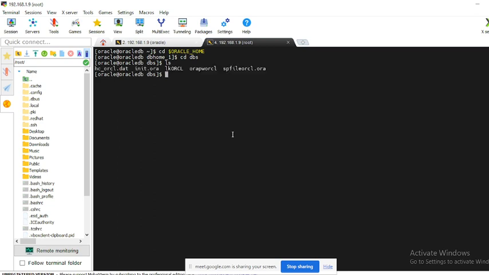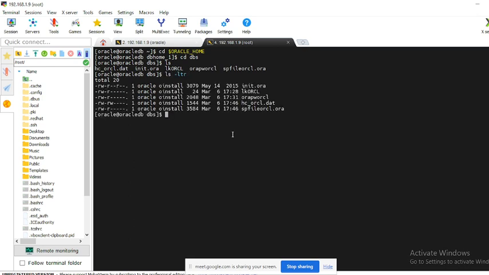Here you can see the ls -ltr output. This is the default parameter file, this is the SP file, and this is the password file, orapworcl. I will show you how you can recover the sys user password if you have lost it.